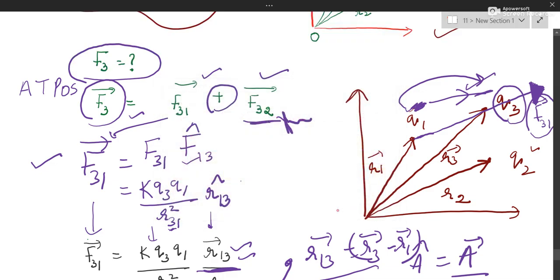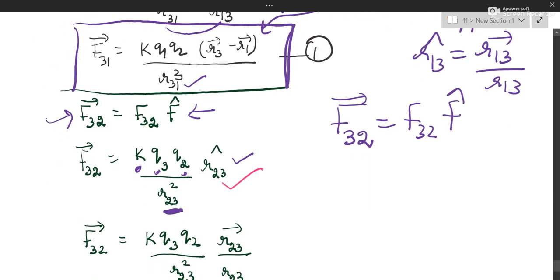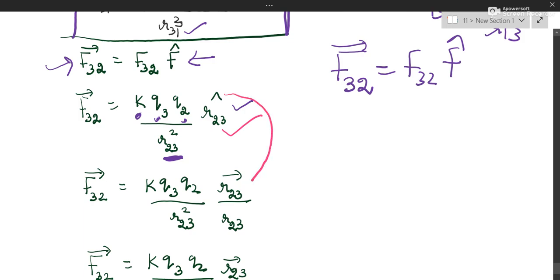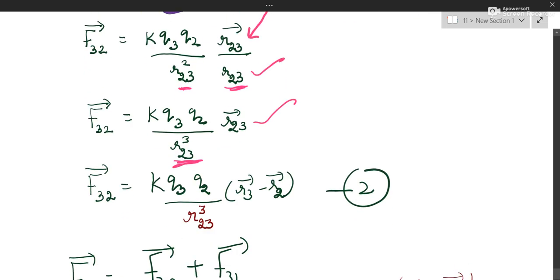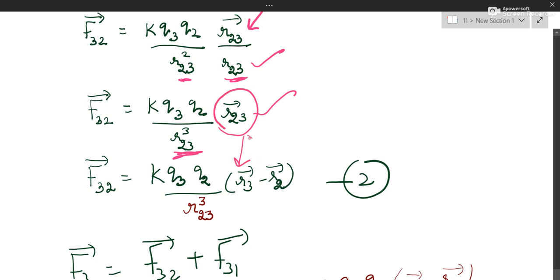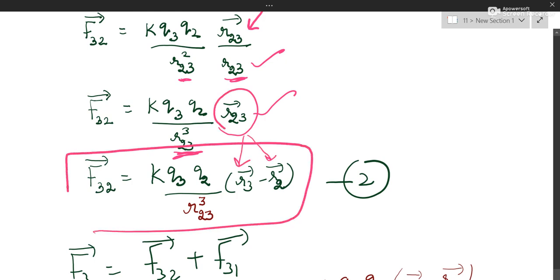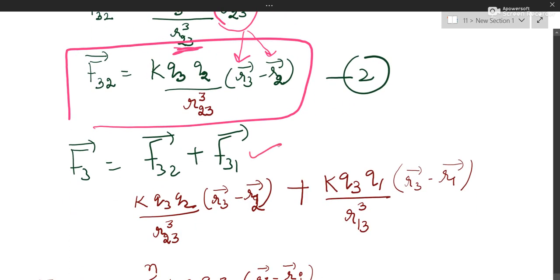Now let us see force on third by second. Second will also push it away. So this is the arrow, force on third by second. This arrow is going from 2 to 3, so R23 will come, and yes, I have written R23. Now the unit vector can be written as vector divided by magnitude. Magnitude square into magnitude will become magnitude cube, and this vector can be written as bigger position vector minus smaller position vector. So my expression for this is also ready. Now I will sum both according to the principle of superposition, and my result is ready.